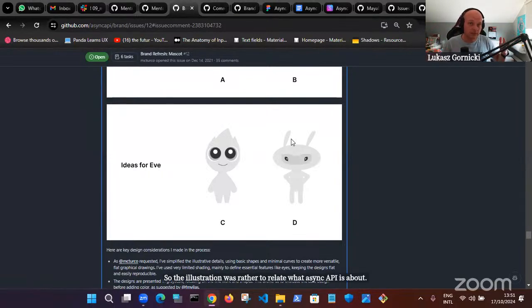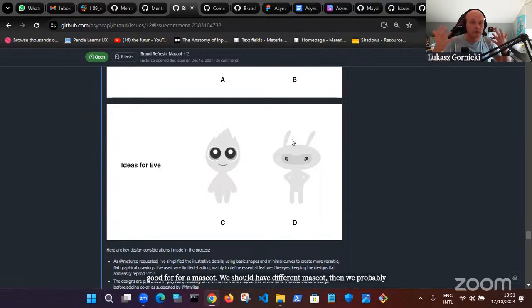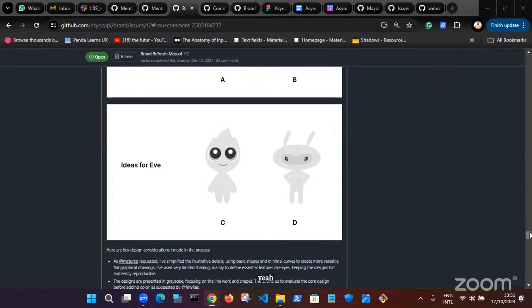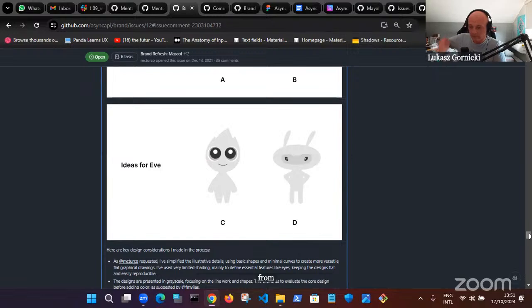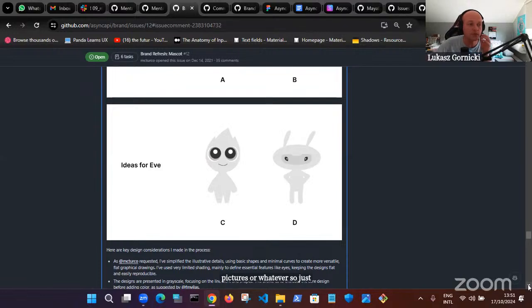So long term, if we decide that the figure from the illustration is not good for a mascot and we should have a different mascot, then we probably have to document a decision, for example, that starting from November 2024 this illustration should no longer be used for printing swag, etc. And instead we should have maybe a new version of this illustration, or basically we should print mascot pictures or whatever. So just that you don't forget about it.